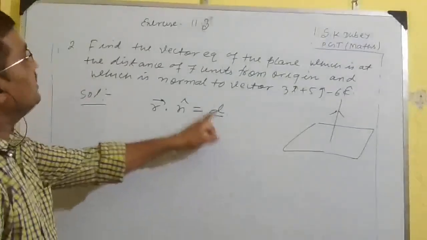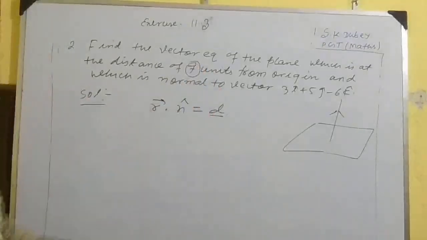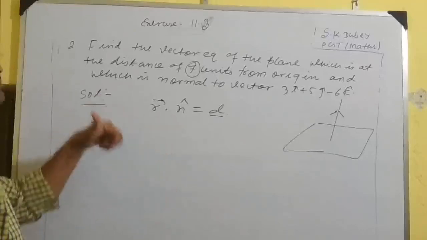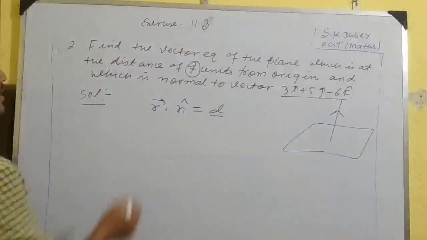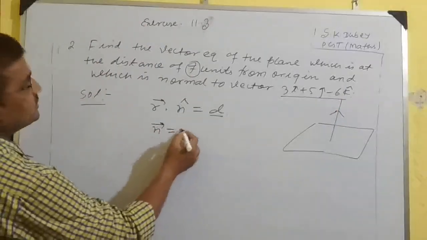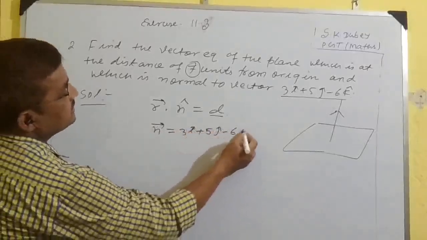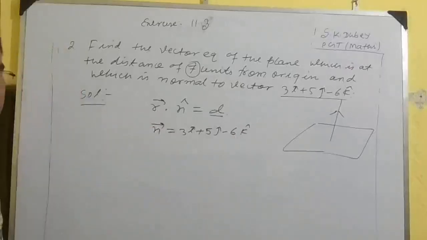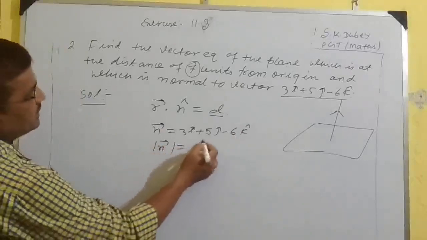Here d is given, 7 units, but n cap is not given. The unit vector perpendicular to the plane is not given. Simply a vector is given which is perpendicular to the plane. Let us suppose that vector n is 3i plus 5j minus 6k. Now let us make this vector a unit vector. Divide by the modulus of this vector, which is